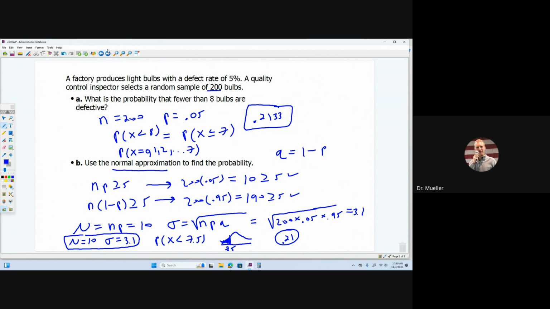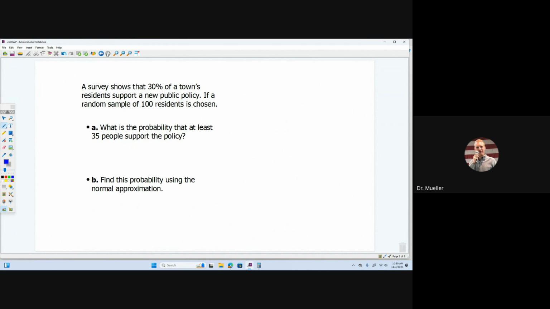So we'll do one more example. A survey shows that 30% of a town's residents support a new policy. If a random sample of 100 residents is chosen, what is the probability that at least 35 people support the policy? So in this case, let's check to see that n times p is greater than or equal to 5,